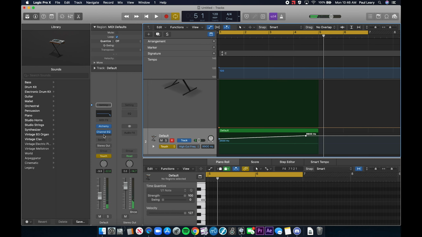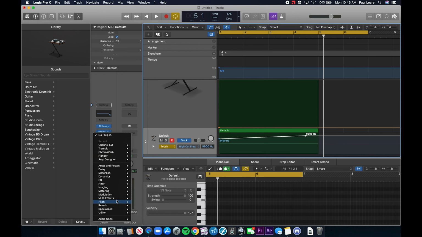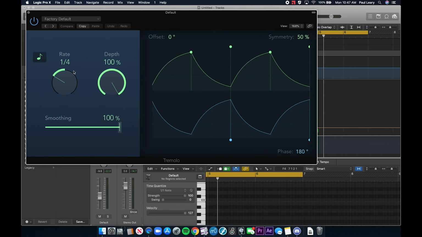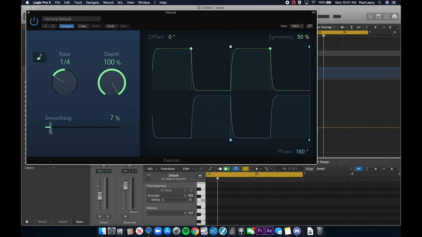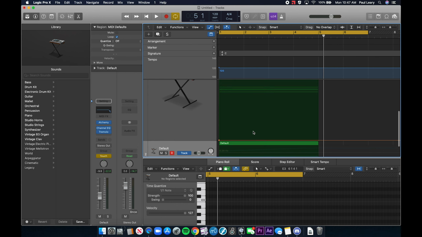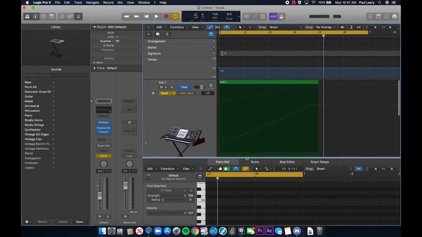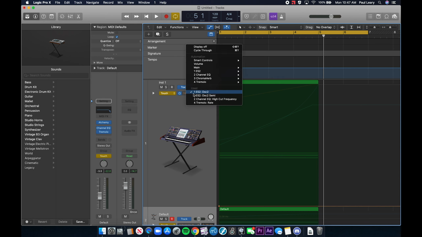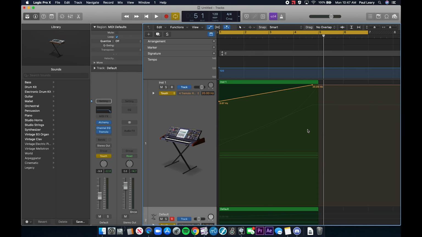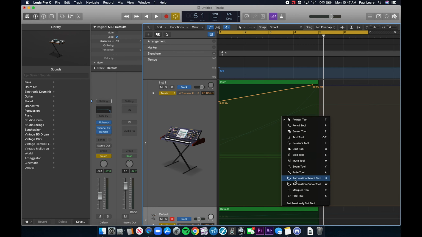Okay, I'm obviously going to add a couple other effects. So the first thing I want to add again is tremolo. Let's take the smoothing out mostly. Let's grab the phasing, take the phasing out so that they don't pump in opposite directions. And let me show you a cool trick here in Logic. You can actually copy automation. So I want to copy this frequency, the tremolo rate, into this channel, okay? So what I can do is go in here and go to Automation Selector tool,